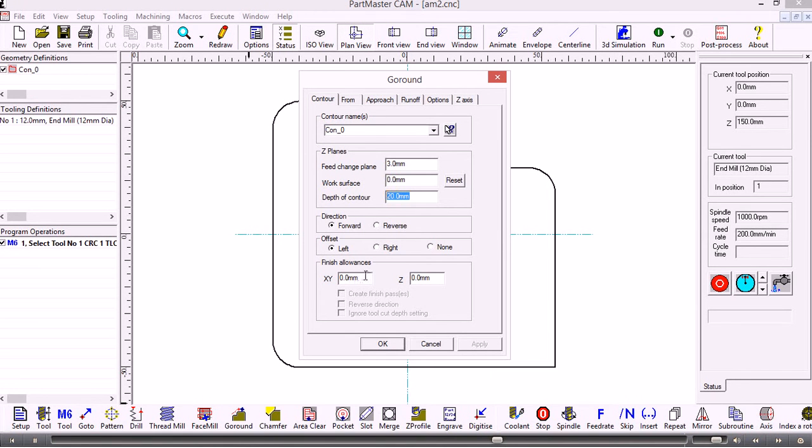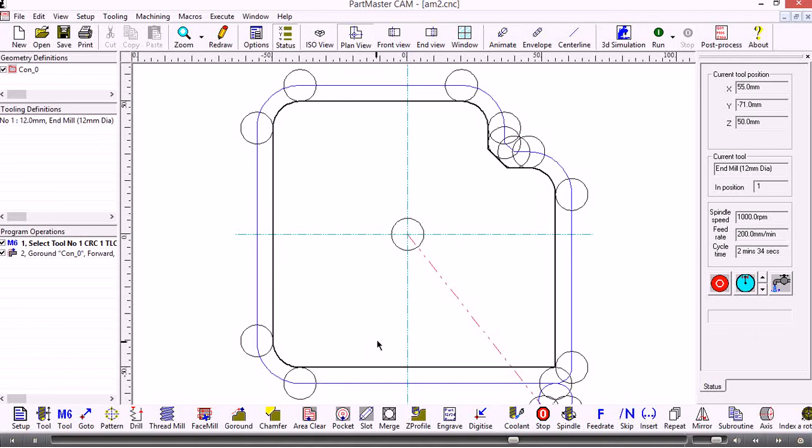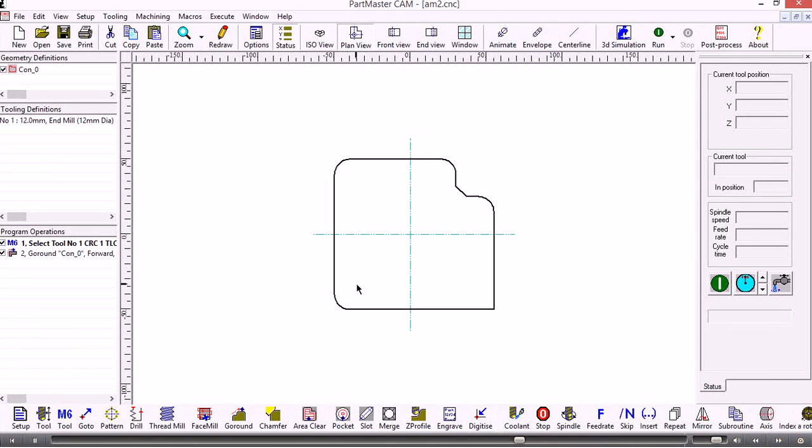If we want to leave finishing allowances, this is where we set them up. Other options include the approach and go round, which we'll leave the defaults as they are, and then we'll go into more depth about these parameters in subsequent videos. So that's showing me the toolpath on the screen. If I just use the mouse wheel to zoom in and out,